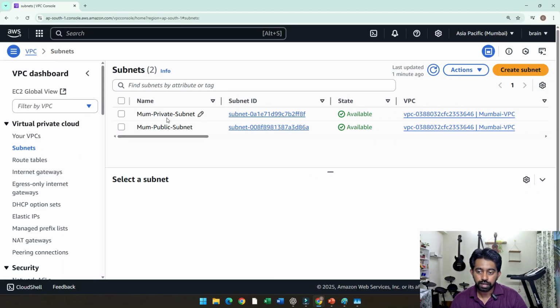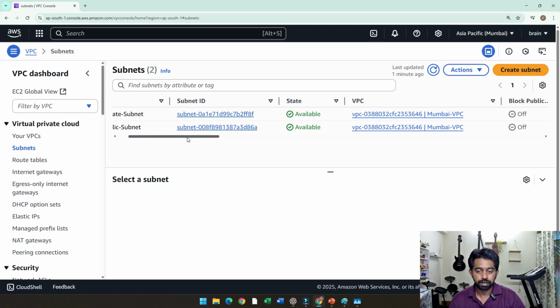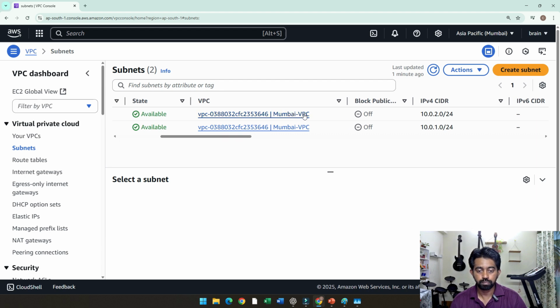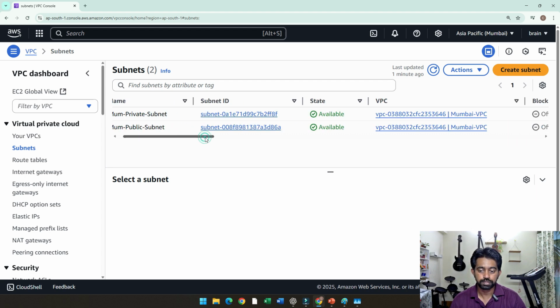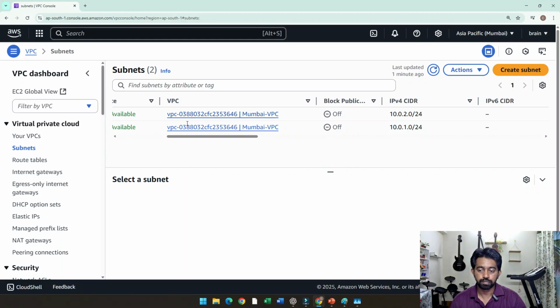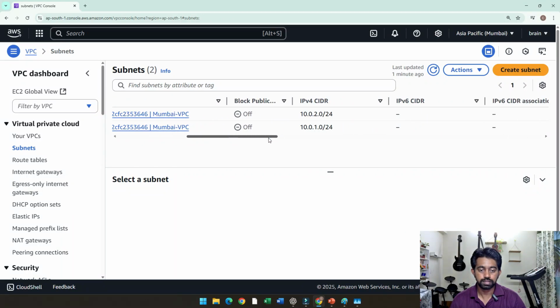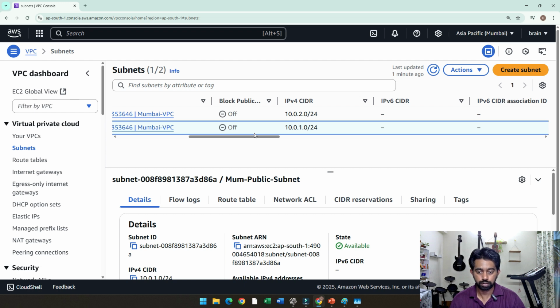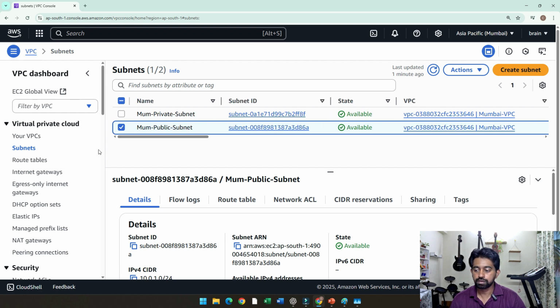One I have named as a private subnet. The other one I have named as a public subnet. Both these subnets are part of the Mumbai VPC. So I have only one VPC, and within that I have two subnets. And these are the CIDR ranges that they have: 10.0.1.0 and 10.0.2.0. All right. Now, if you see the route table, I do have